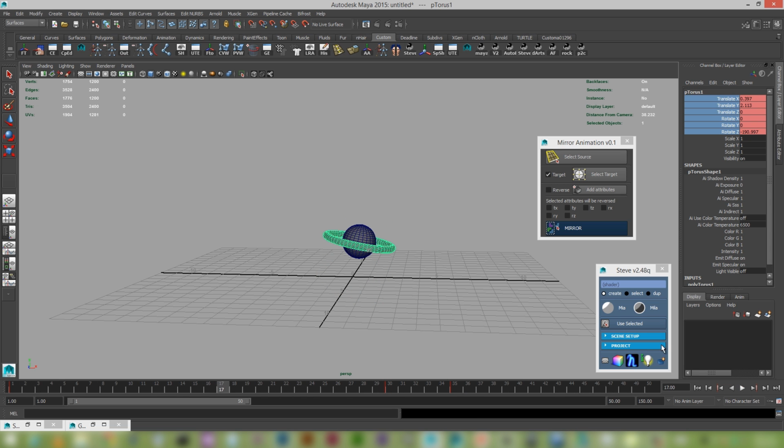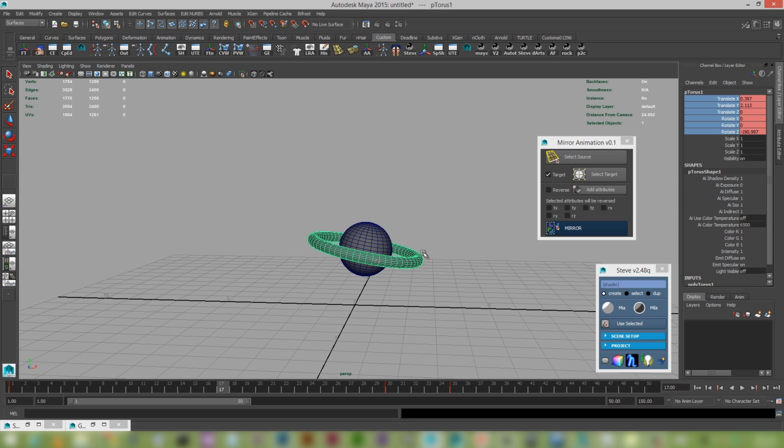Okay, so obviously one of the cool features about using this mirror tool is that we can quickly mirror animation. And so in this case, I just want to mirror my Z rotation. So I'm going to go to Z over here, and I'll click mirror on that. And so what that means is that while the sphere spins this way around, the torus will have a counter rotation. So real quick, real fast, real easy to set up, and you can do it to multiple objects,